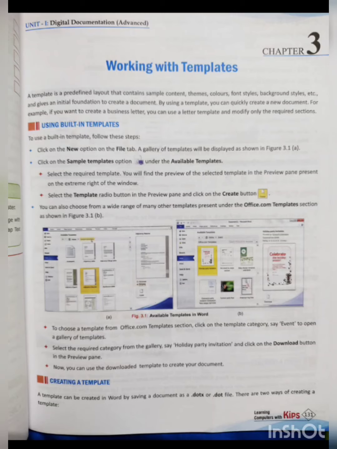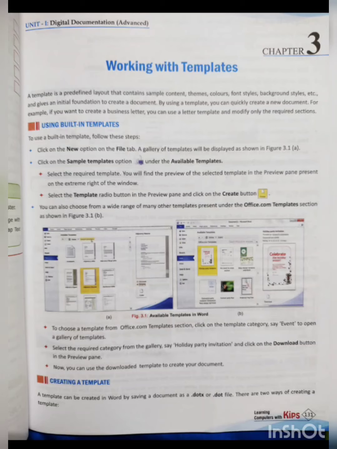So how can we use the built-in templates? To use built-in templates we have to follow a few steps. First, we have to click on the New option on the File tab. A gallery of templates will be displayed as shown in the figure.